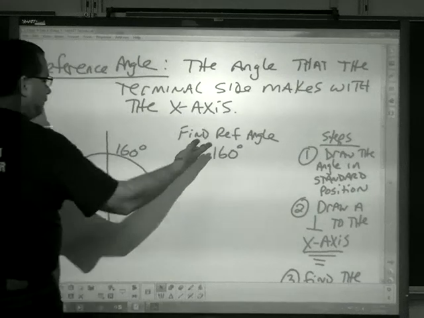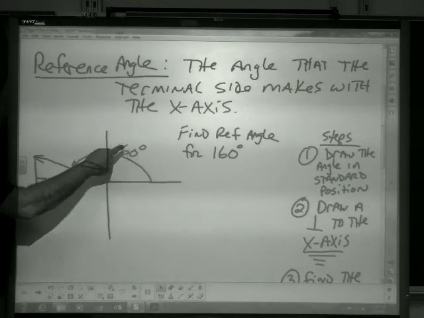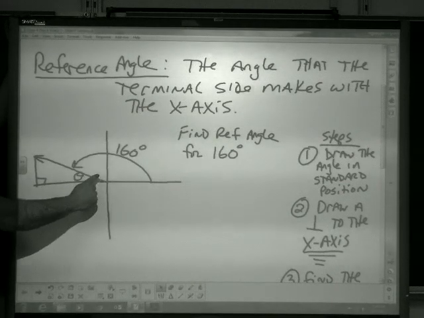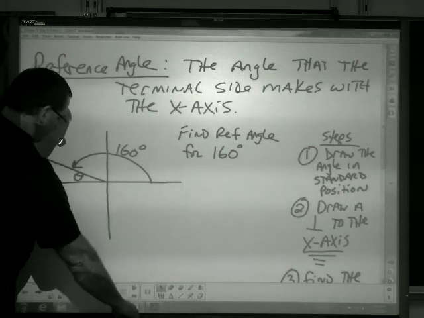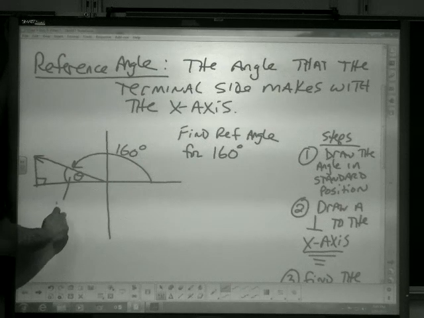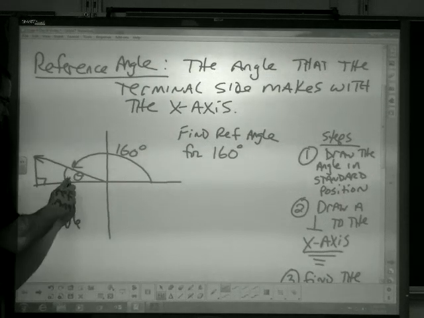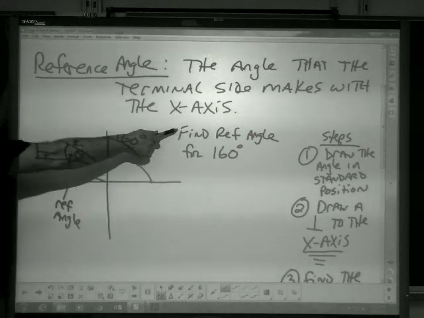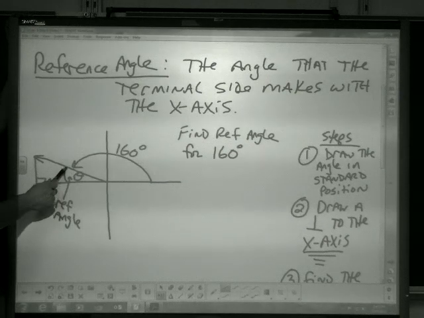So the question might say, find the reference angle for 160 degrees. So here's 160 degrees, here's the terminal side. And we want to know the angle that the terminal side makes with the x-axis. So this is the reference angle right here. That is the reference angle. Alright? So, if I want to find a reference angle, I have to figure out how much this little